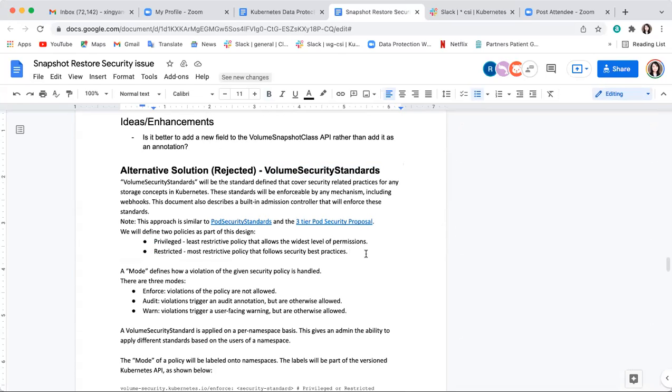I think Yang has a different question. Yeah, I have a very different question. So do we know at the admission time if the security... no, it's pod. Yeah, it's pod. We can't directly use it, I don't think. I was initially thinking about, can we just directly use that? But I think it's not the same.